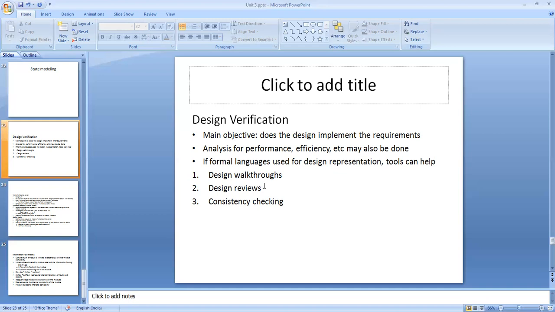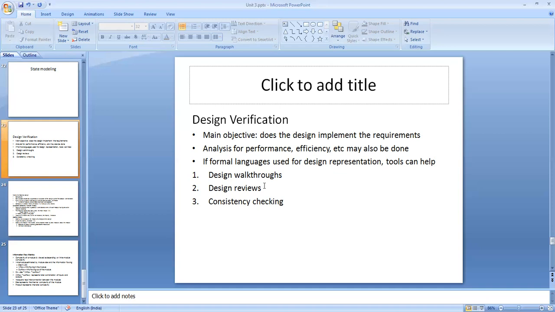The review group includes the author of that detailed design, members of that system design team, and a programmer who will convert that design into code. So the design review, as expected, will have a checklist. The checklist will be presented during the review meeting, and all the items will be checked.